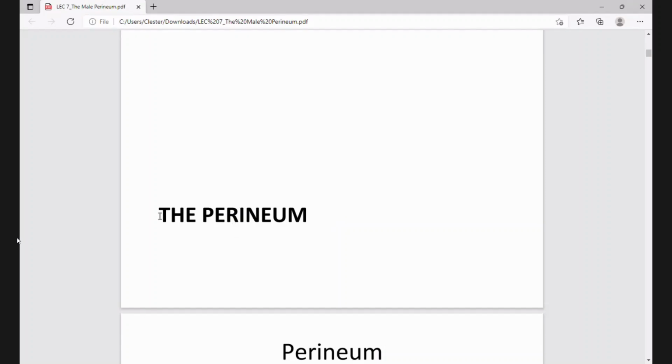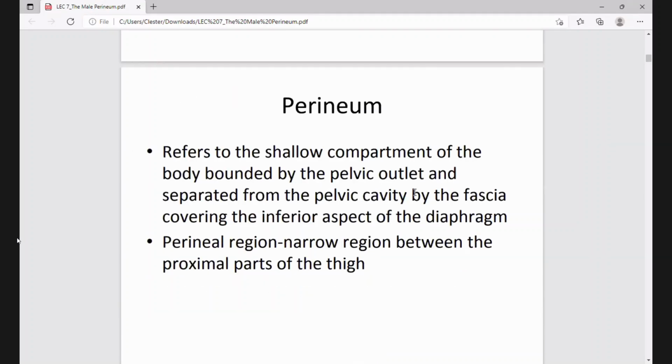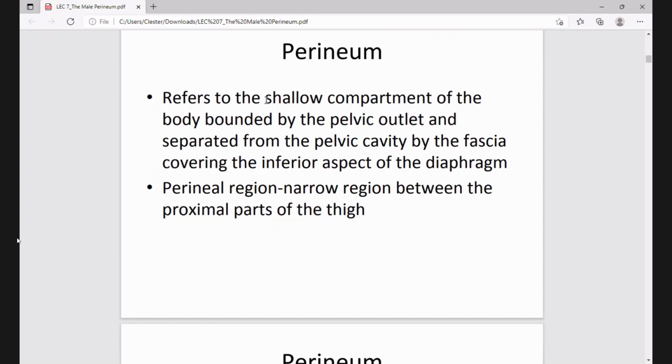Now the perineum is a region of the body that's not frequently visited by physicians, unless you are an obstetrician or a colorectal surgeon or maybe a urologist. It is a shallow compartment of the body